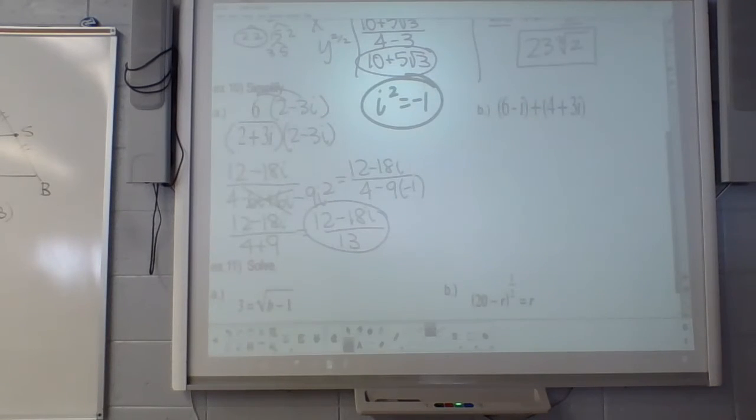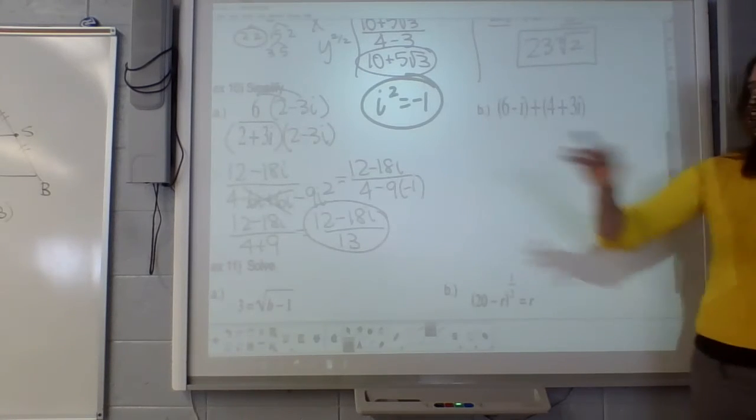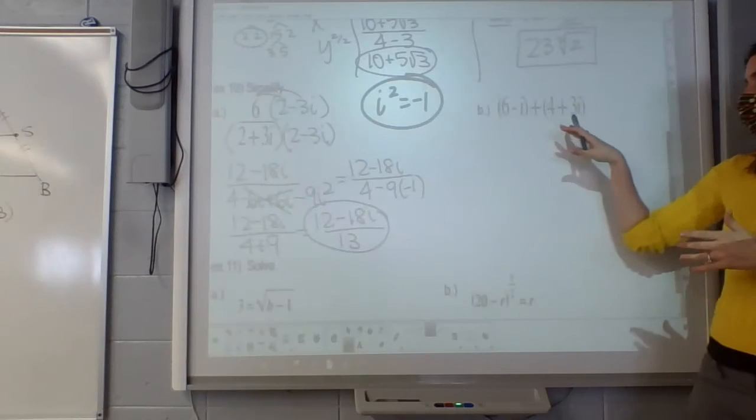And I threw this next one on here because this one was a big mistake on the test that went along with this. You think you see 2 sets of parentheses, so you're so excited to FOIL. You don't have to FOIL here, Abby. We don't have to FOIL. She always wants to FOIL. FOIL? No, stop FOILing. So this one's addition. When they're not stuck right next to each other, it's not FOIL. So this is FOIL, this one's not. This one's just